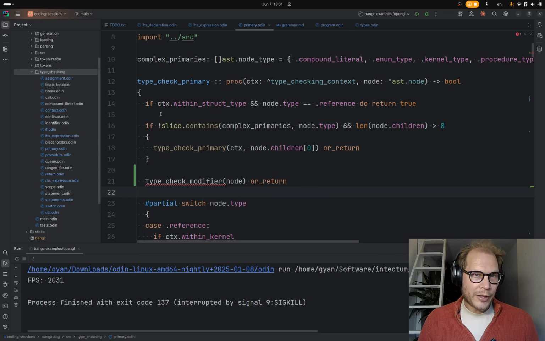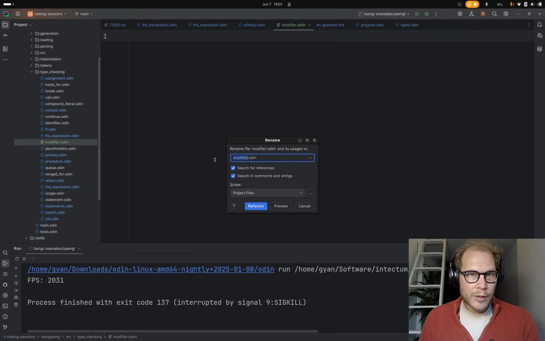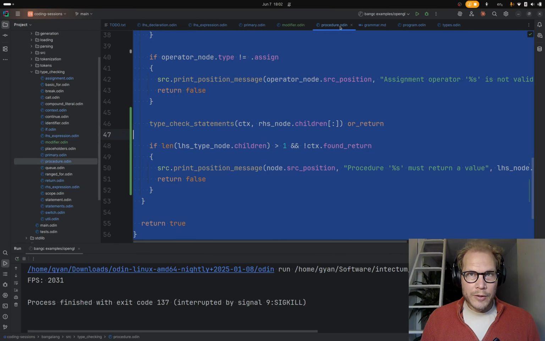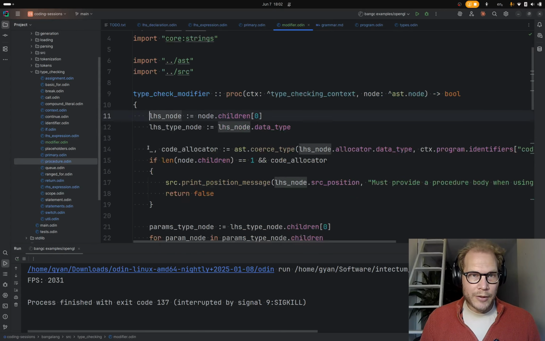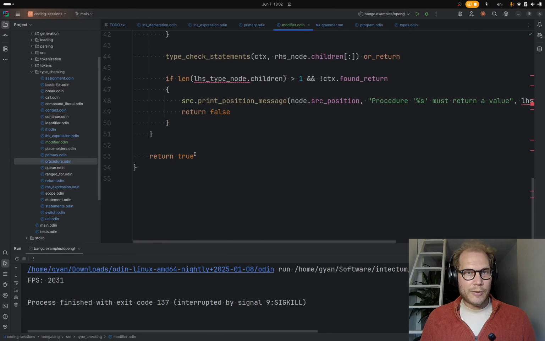So let's make a new file, Modifier.odin. Oops, I put an extra I in there. Let's just copy some existing file so we get the correct signature. So yeah, that looks about right. Let's keep some code in here that has an error because we want to throw errors.